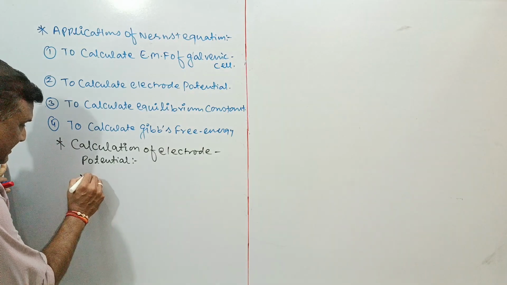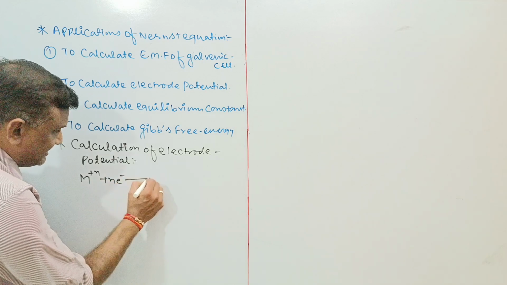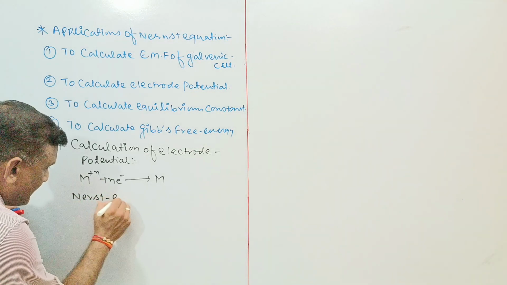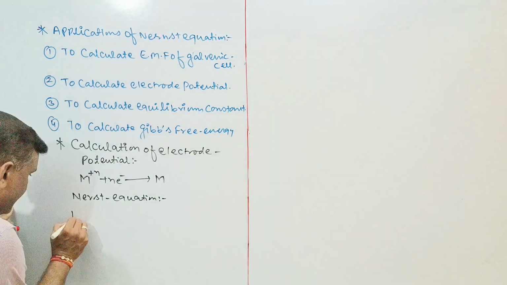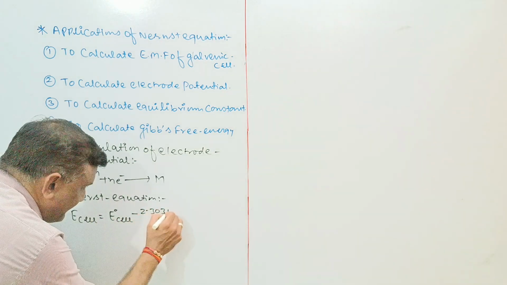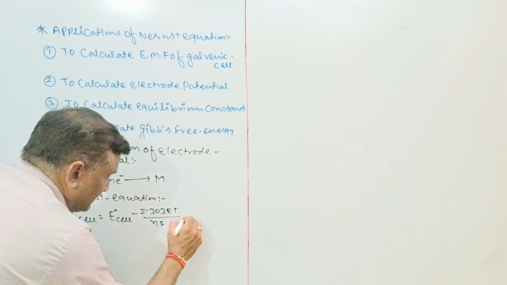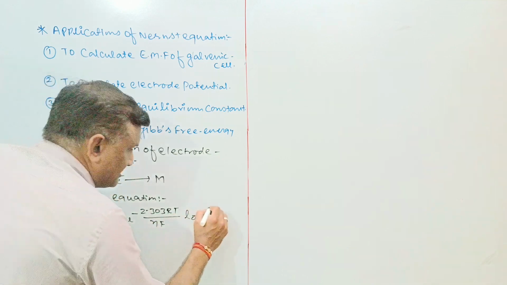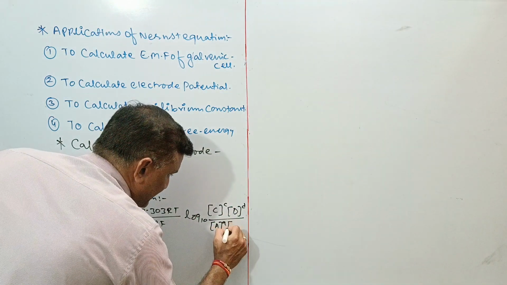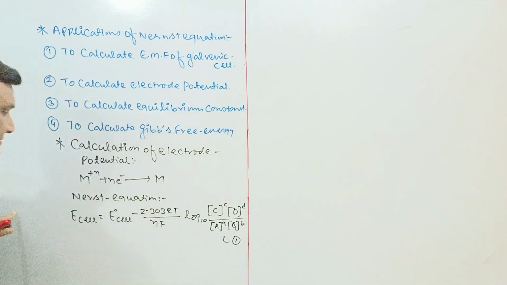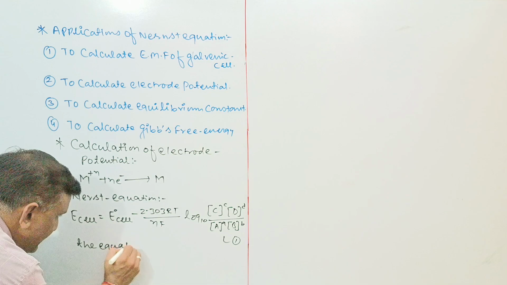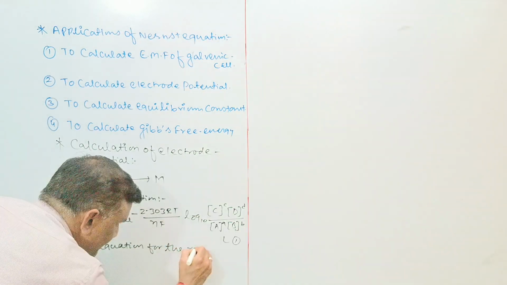So for this we'll take just one reaction: M^n+ plus n electrons, by the gain of electrons, changes into M. For this, we have discussed the Nernst equation: E cell is equal to E naught cell minus 2.303 RT upon nF, log base 10 of the concentration of product upon concentration of reactant, each raised to its power. By using this equation for the reaction,